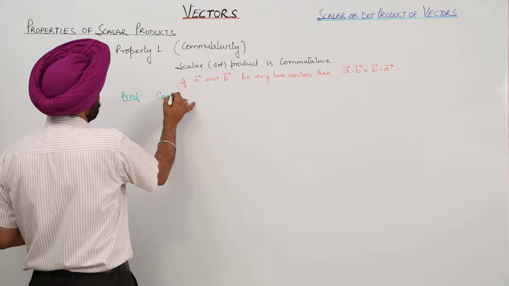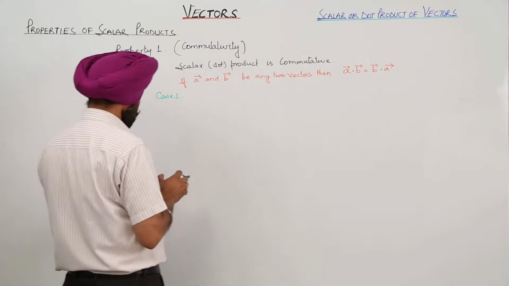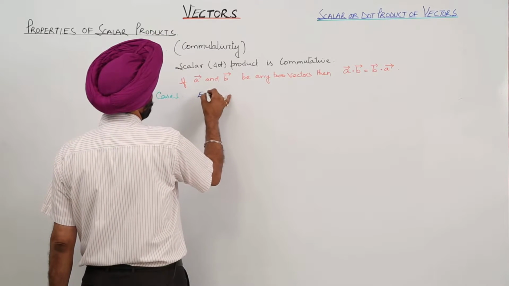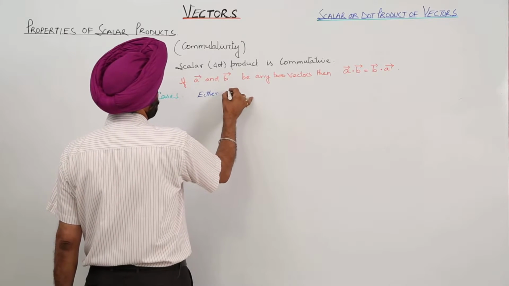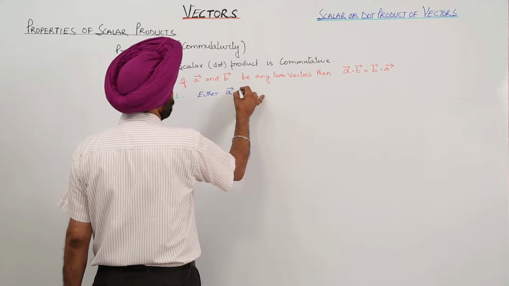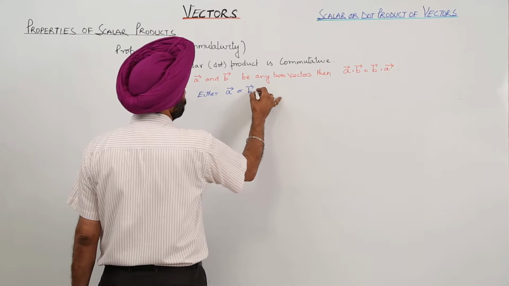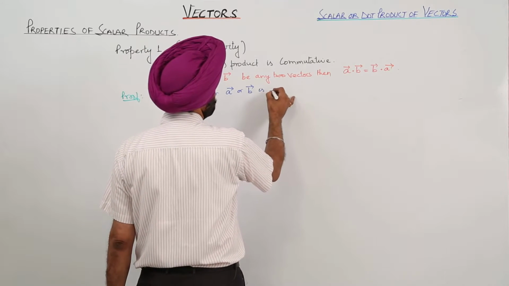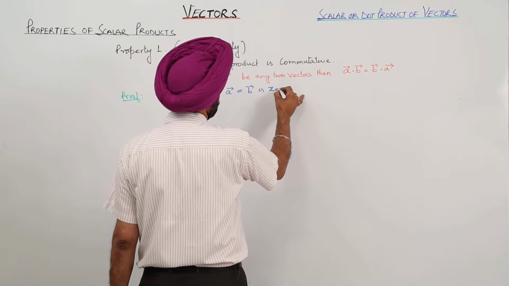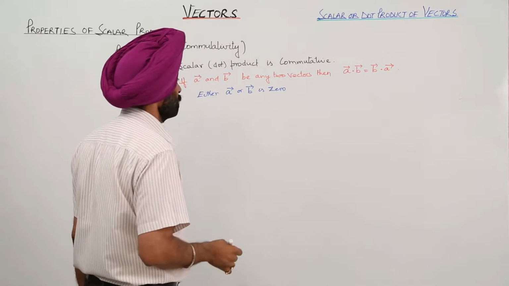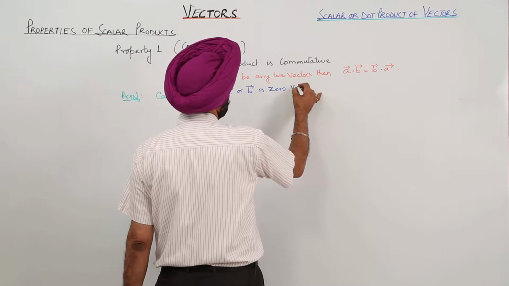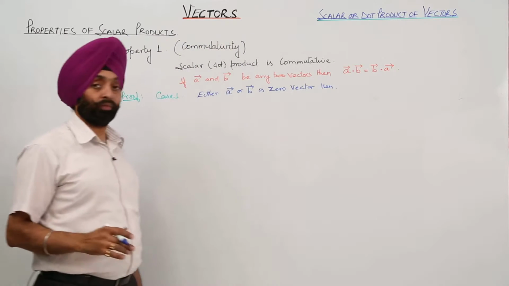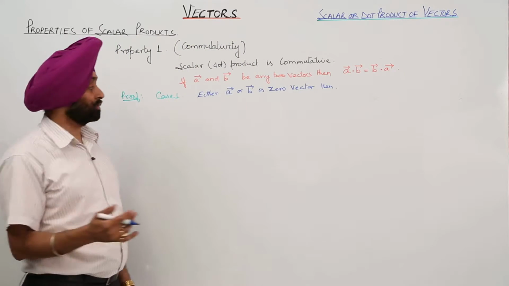Proof, case 1. Now case 1, what it states: either vector A or vector B is a 0 vector. Then what happens? If either A or B is 0, then